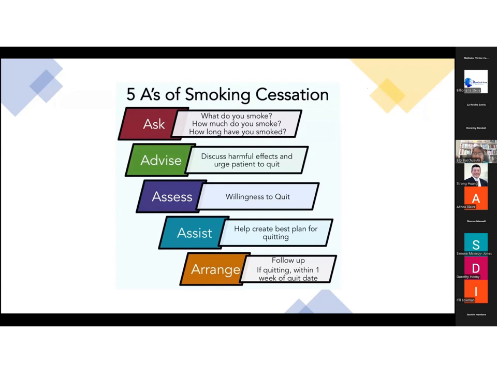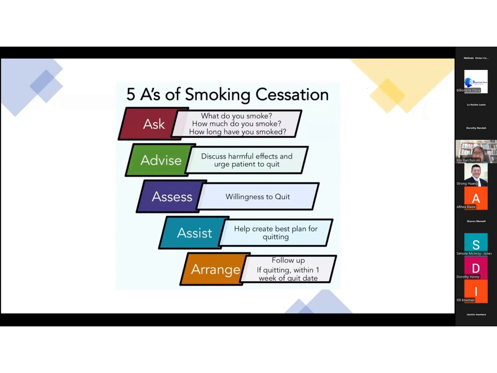During that time, you advise them to get rid of all their tobacco products, as well as anything associated with the use of tobacco, such as their lighters, ashtrays, these things. Tell their family and friends that they want to quit so that they can get that support. Explain to them to break habits. Some people have habits, like for example, when they're taking a coffee break, instead of taking their coffee, they go and they smoke. So they have to break that habit, or else when the time comes, they're going to get the natural urge to go and smoke. So they have to break habits.